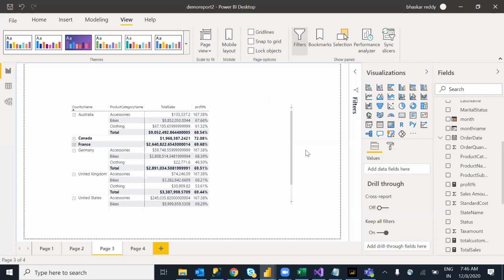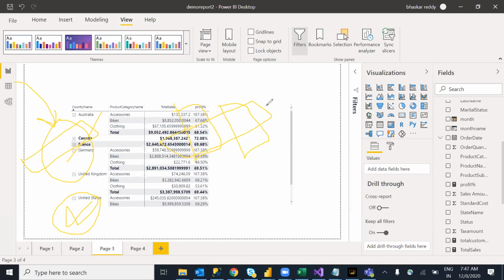Number 1 property is table. In a table, we can display the data only column and row wise. In a matrix, we can display the data either column wise or row wise, both places. The table structure is static. That means if I have 4 columns, it will remain the same. But at matrix level, the number of columns may increase or decrease. Why? Because it is based on the data.